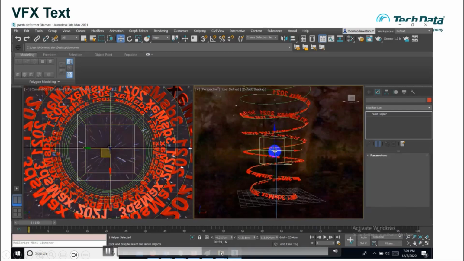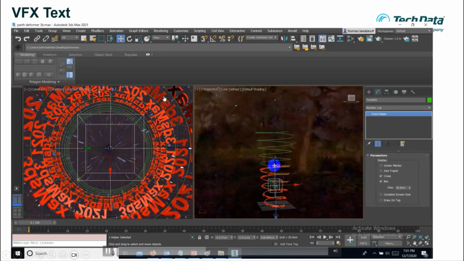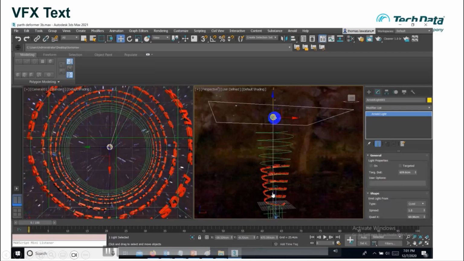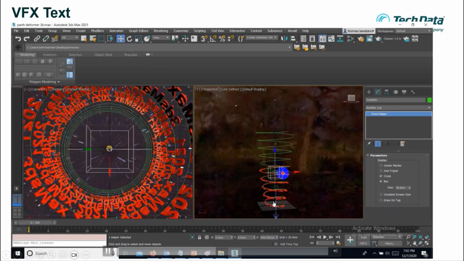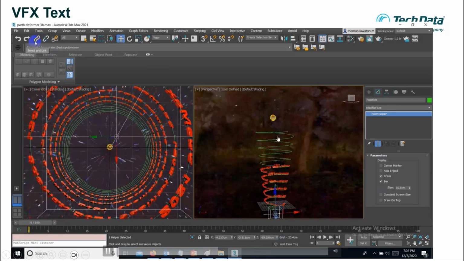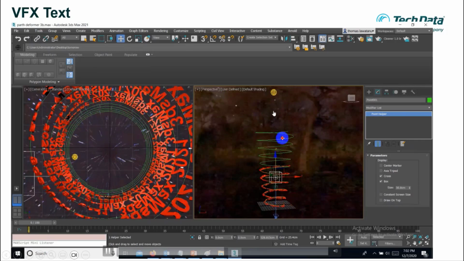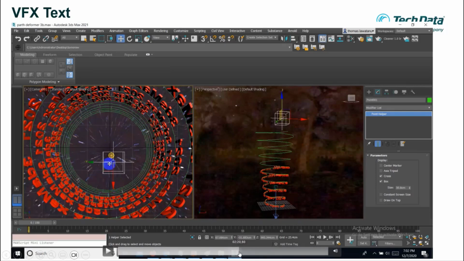So I put the camera at the top. Let's say this is your logo, your advertisement here. Then this is the lighting, the Arnold light. I also put it at the top, and then I link it to the helper. This is easier because I want to put in the glowing effect. So I link the lighting and the helper. This is easier to control.